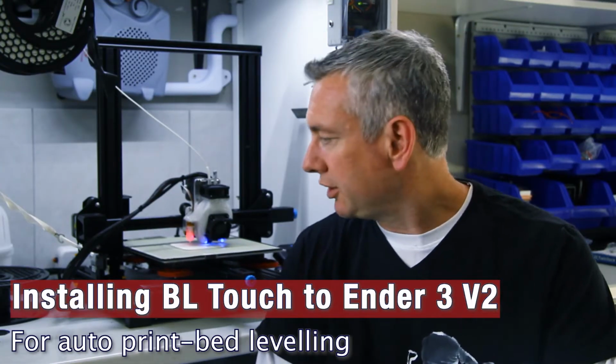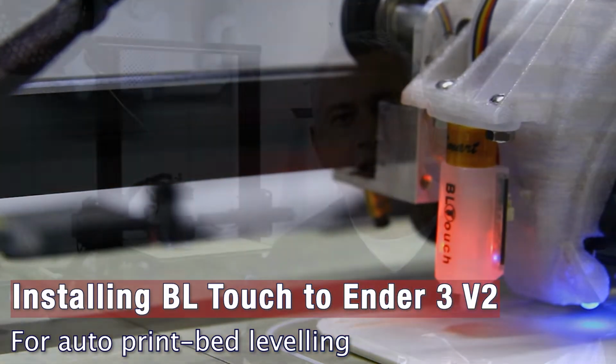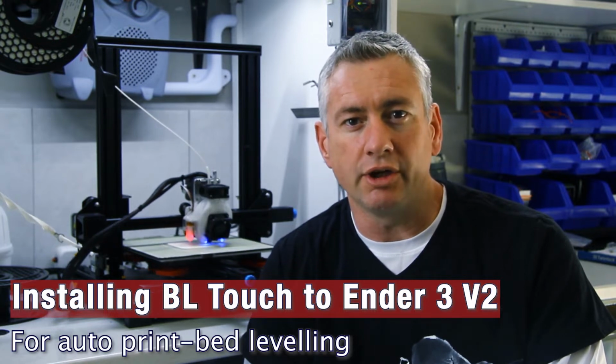Recently, I installed this little guy called a BLTouch from Creality. It's an aftermarket product that allows you to do auto bed leveling on the Ender 3 V2. I say V2 because the later boards in V2 allow for sort of seamless plug and play of this BLTouch